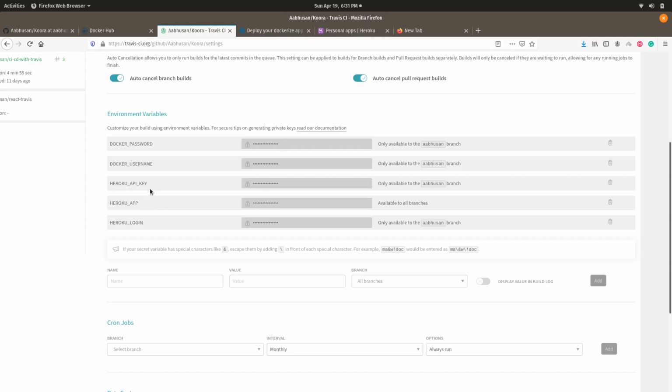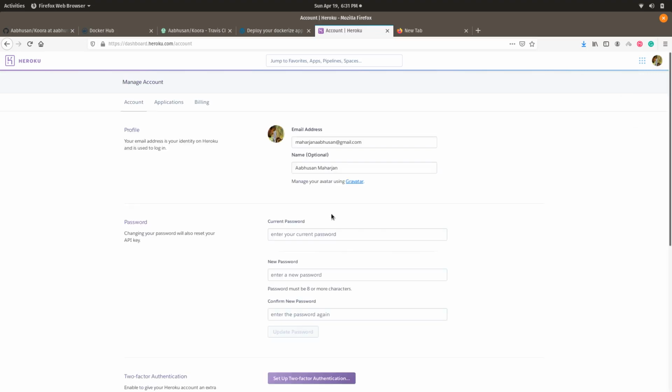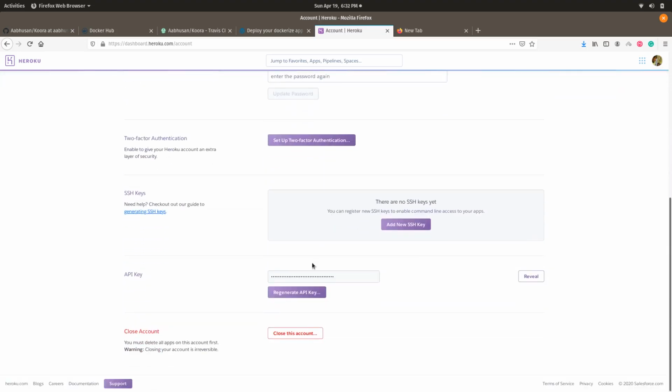And Heroku API key, you can find this Heroku API key in the dashboard and your account settings. So I will show you where it is. So let's go to your dashboard of Heroku and go to your profile and go to the account settings, and in the below you can see your API key.